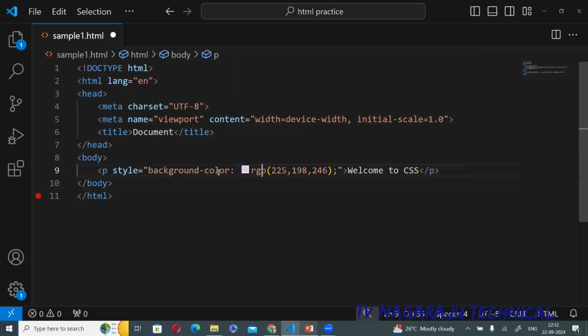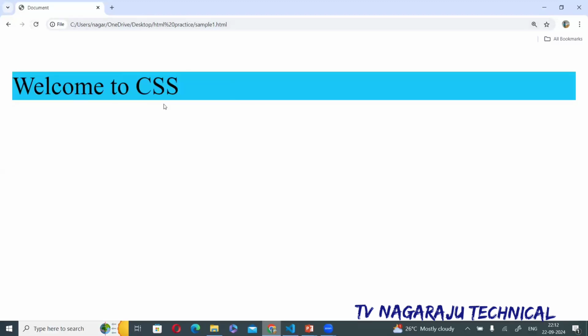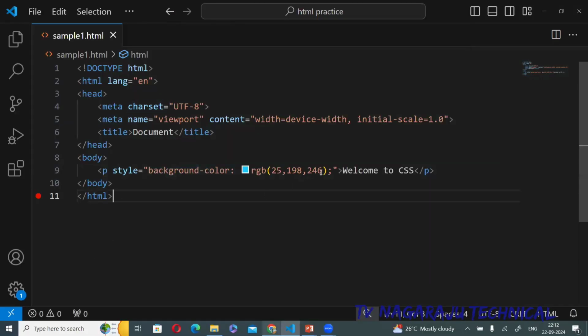Observe the color is changed. Suppose only 25. This is the color. Okay. Now observe the output. Here, this is the background color. This is the background color. Now for this color,